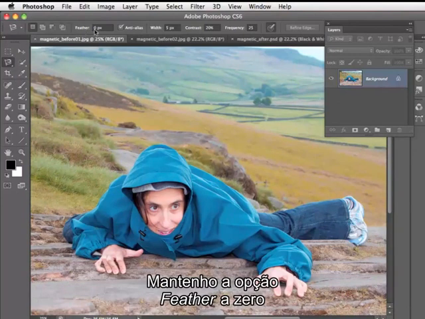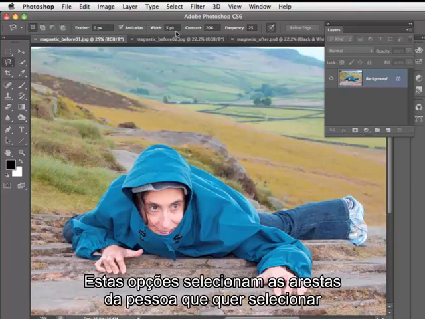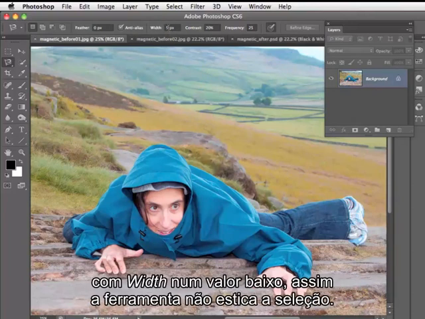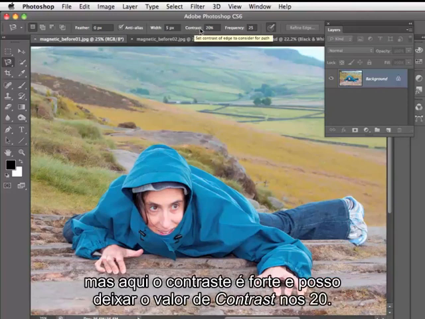Keep feather set to 0, and always leave anti-alias ticked for a nice smooth edge to your selection. Now these options here help us to select the edge of the person we want to select by keeping width fairly low to stop the tool from straying too far from her outline, and if there's not much contrast you can increase the contrast value, but here we've got lots of contrasting pixels, so we can leave that on a